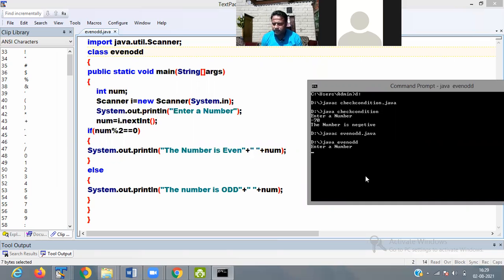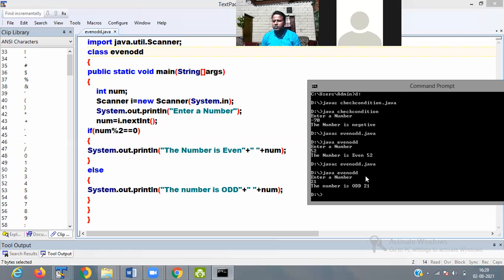Enter a number. Pass 52. 52 is even. Then again I execute. Enter a number. Suppose I pass 21.